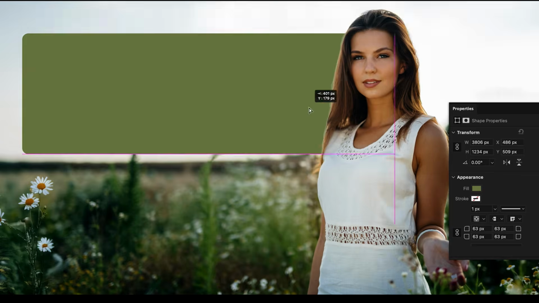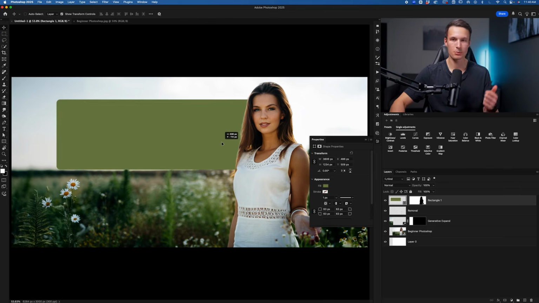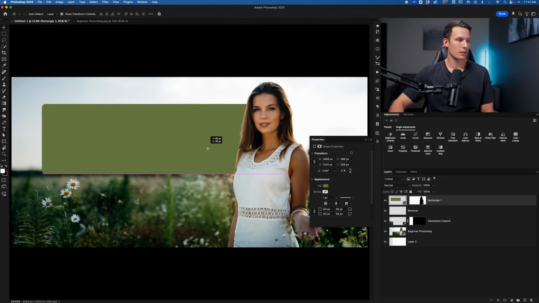behind my subject. This same concept applies for shapes, text, images, whatever you apply a mask to. If you unlink it, you can move that object without worrying about the mask at all. So it gives you tons of flexibility in your projects. But let's say I'm just going to place this over here like so, and I'm ready to add in some